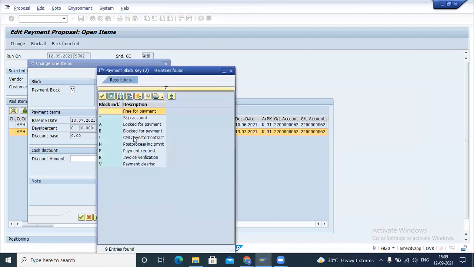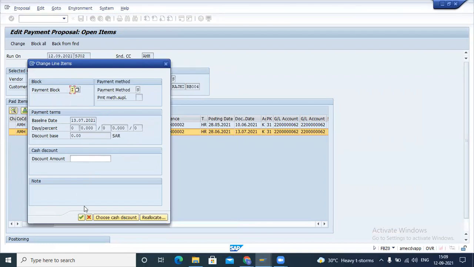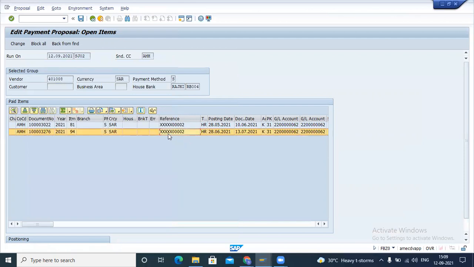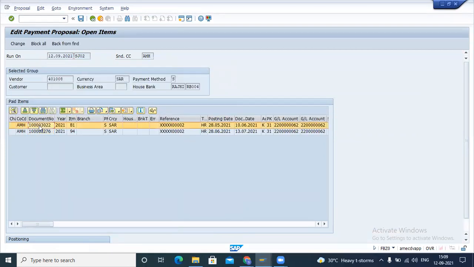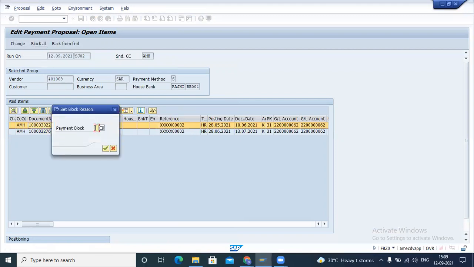I think there is some issue in this payment method block functionality, but what we need to understand here is that we can block any one line here. We have the functionality that we can block any invoices here. For now it is not working, but that's fine. Just trying if it's working.